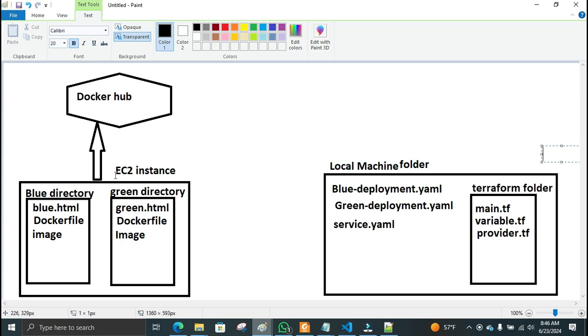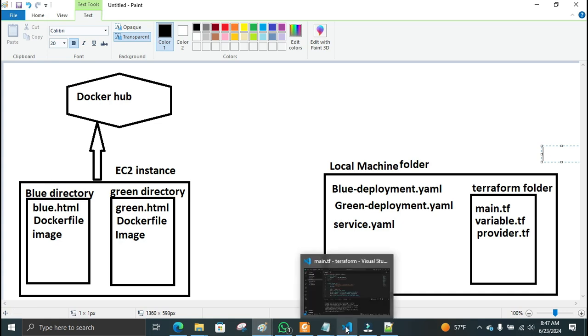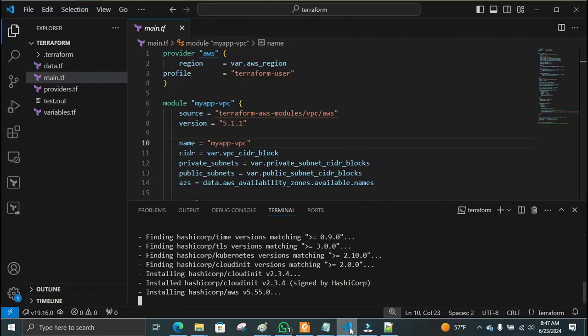Let us go and create our EC2 instance in the cloud, where we are going to create our blue.html application, create a Dockerfile for it, dockerize it into an image, and then push the image to Docker Hub. So let's go do that. Let's check first if our Terraform is initialized. Not yet initialized. So we go over to AWS,